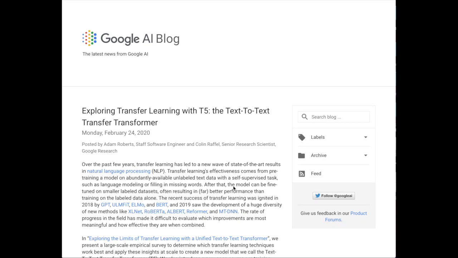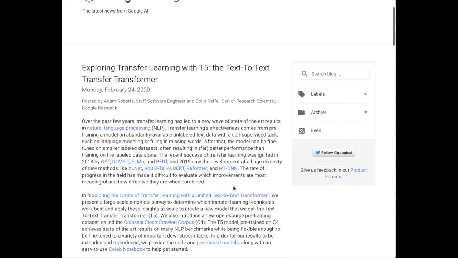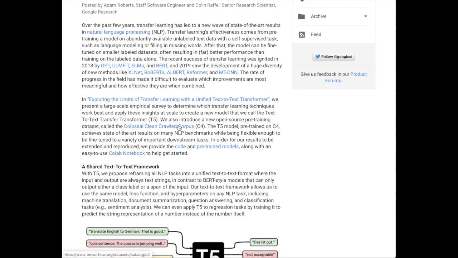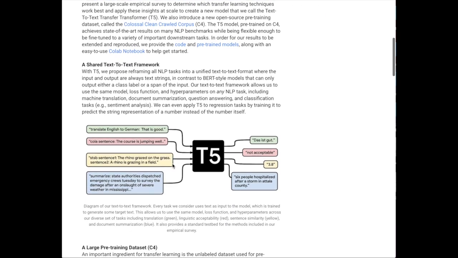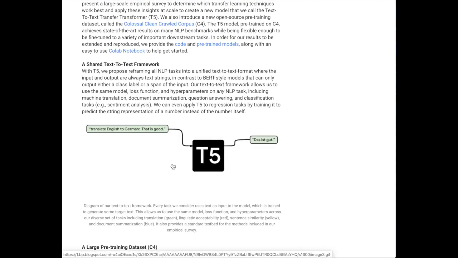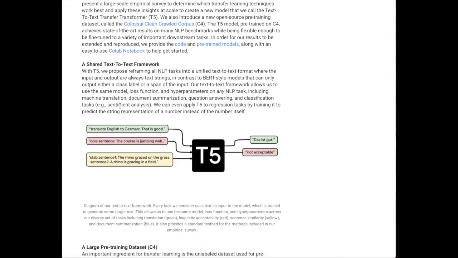This weekly update will start off by covering this blog post describing the text-to-text transfer transformer, the T5 model, trained on this colossal clean-crawled corpus, about 750 gigabytes of text, and it's in this text-to-text framework. This text-to-text framework is what's super interesting about this paper,